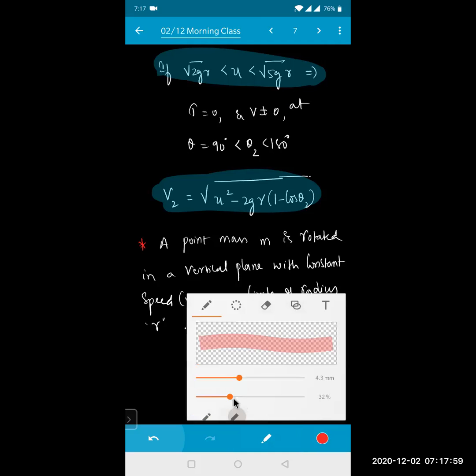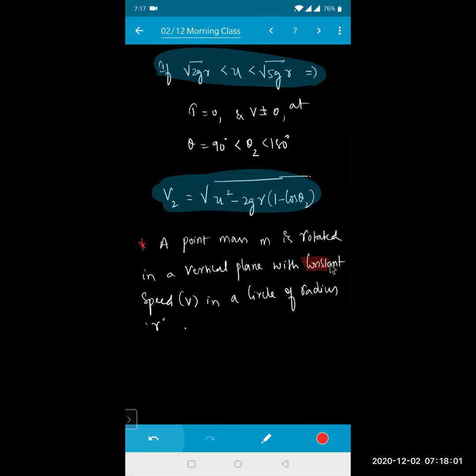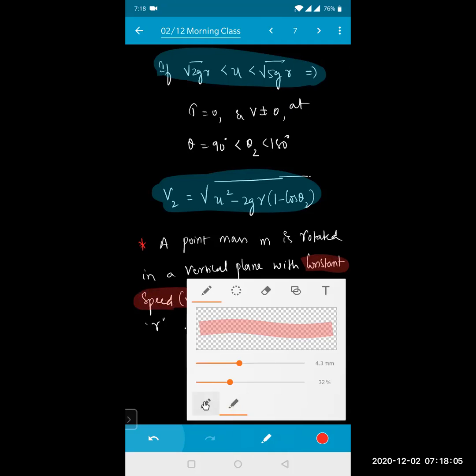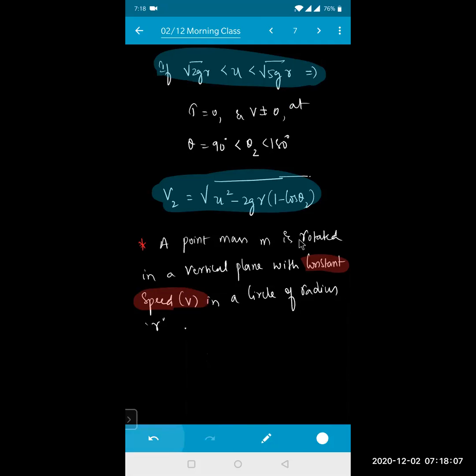So that is a condition right now. What is the condition? With constant speed. This is important here. The point m is being rotated. We are taking one point here, and it is rotated in a vertical plane with a constant speed v in a circle of radius r. So in this one, point number 1, in this case,